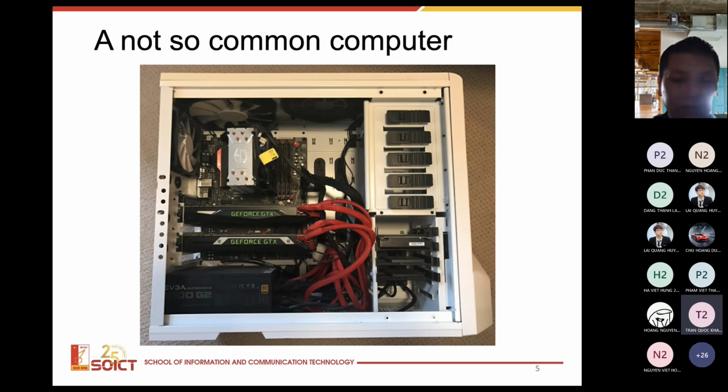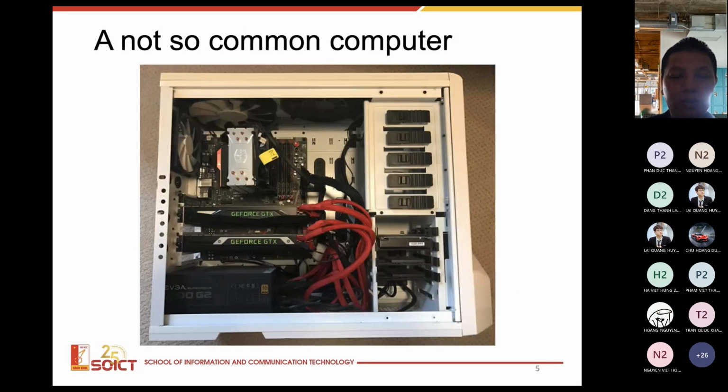I think there are two GPUs. Two GPUs, yes. For a normal computer, you might have only one GPU, and for a common computer you don't even have a dedicated GPU card. You have the GPU chip integrated into the main board. In this one, you have 2 dedicated GPUs, a GeForce GTX, quite a good one and a little expensive, right? Okay,